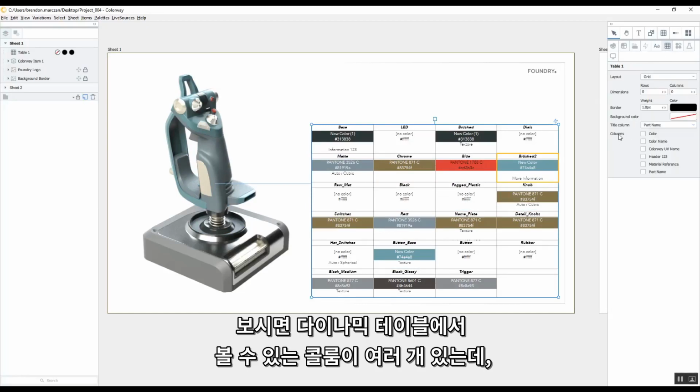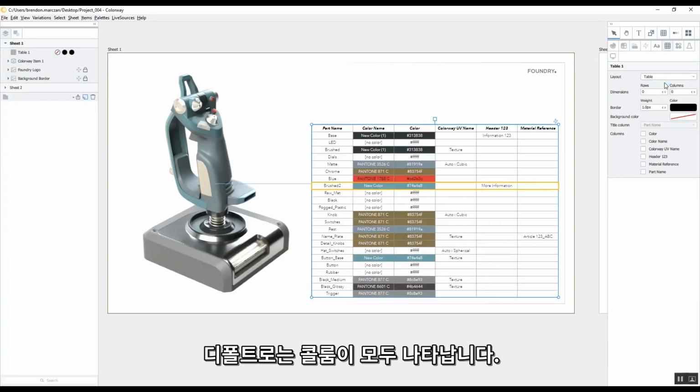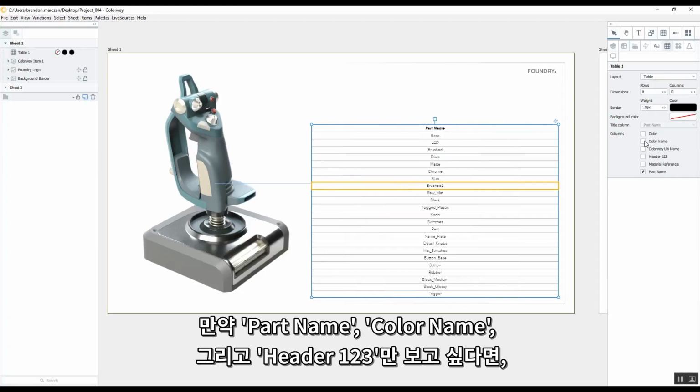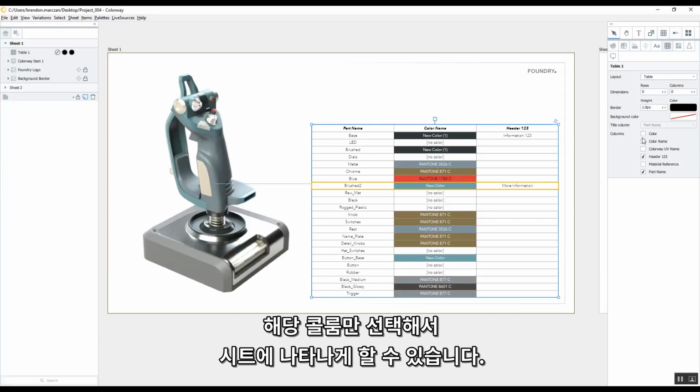You can see here I've got a number of columns which I can display in my dynamic table. By default, all of the columns are set to show. But say I only want to display the part name, the color name, and my new header. I can just select them, and in the order that I select them, they'll appear